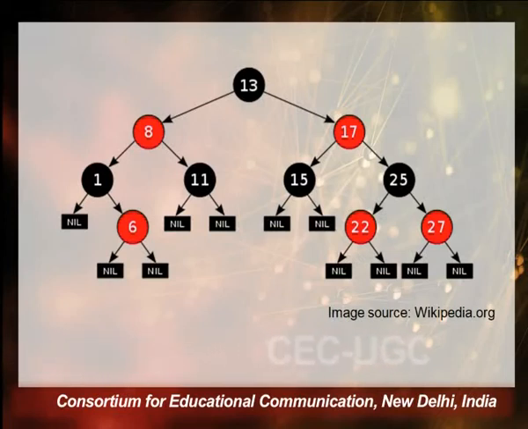That is one thing. Now one very important property which we were trying to describe here is, you take any path from a particular node to a leaf on one side, the number of black nodes will be equal to the path from that particular node to the leaf on the other side also. Let's say for example we take 13. From 13 coming down the leftmost path, we have only one black node and one leaf, let's say 2.